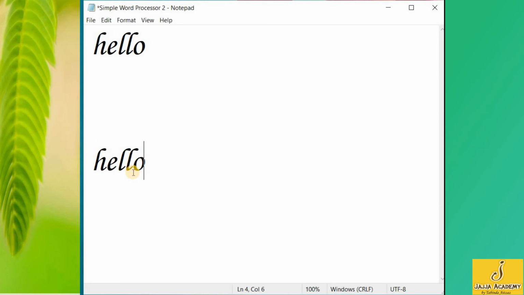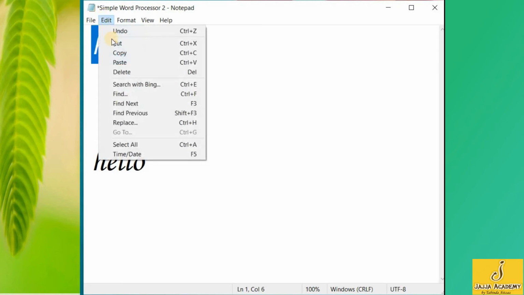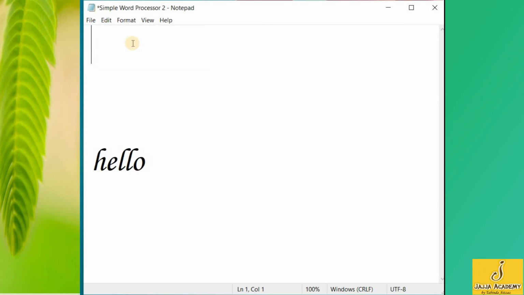Now let's see what is cut paste. Go to the word that you want to cut, select that word, go to the edit menu, press the cut option. When we cut a word, it is removed from its original location and is pasted to the other place where we move our cursor.